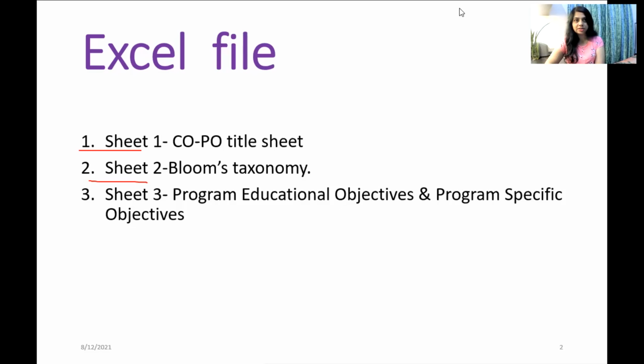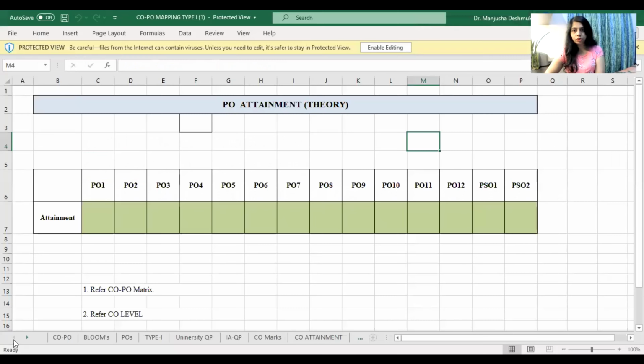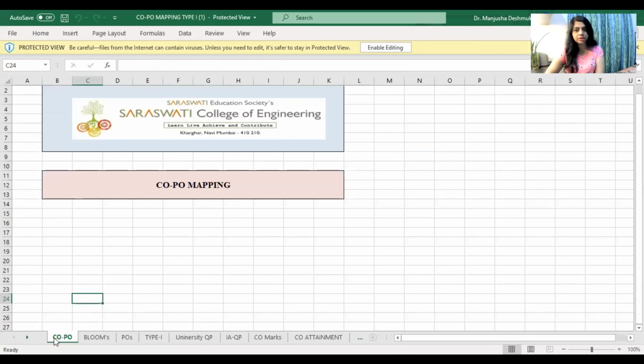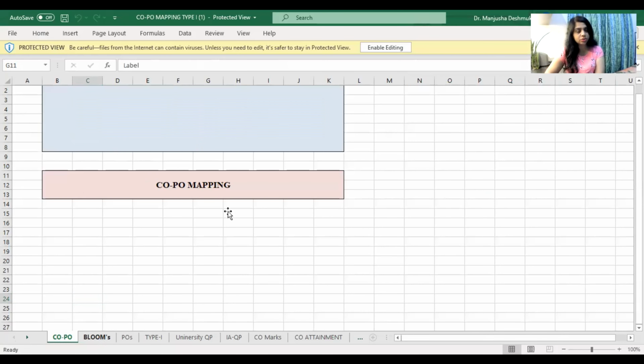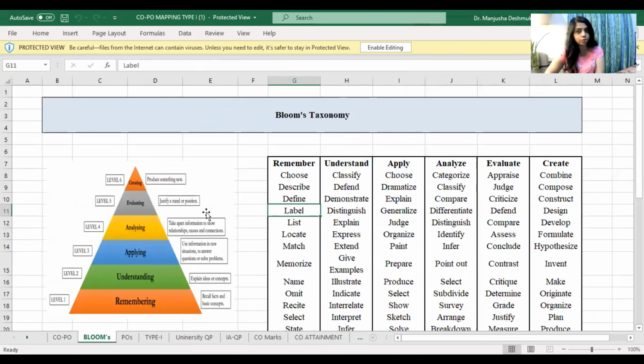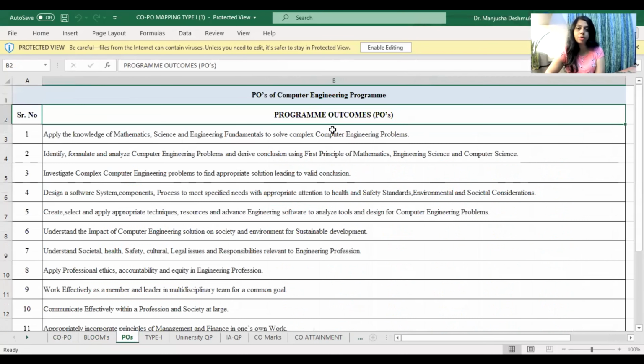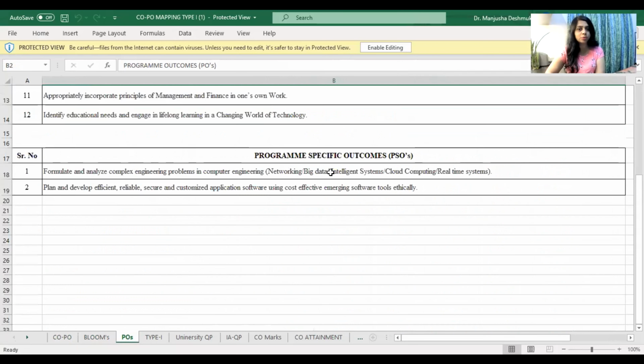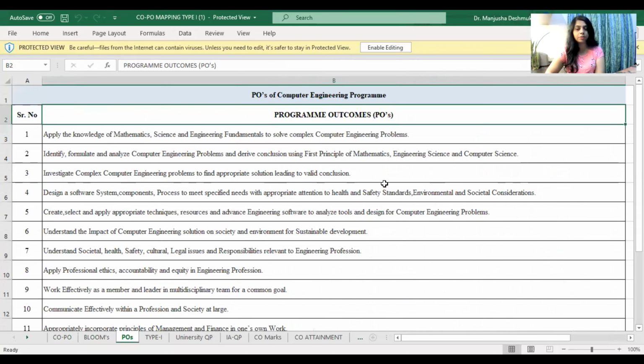Now this is the Excel sheet. You can see the first sheet is this COPO, a normal title sheet. Next is Bloom's taxonomy, where you do not need to make any changes. Then here you have to write the program outcomes and program specific outcomes of your department. So these sheets will be common.